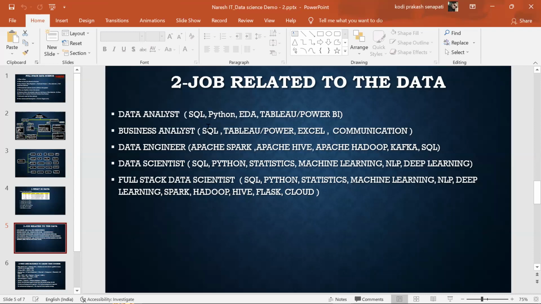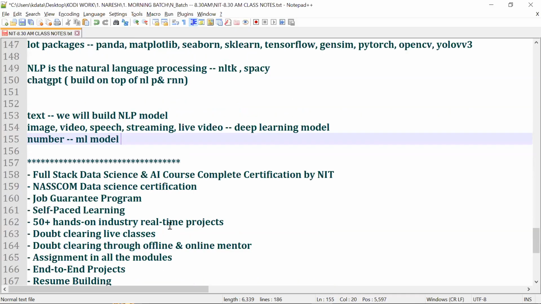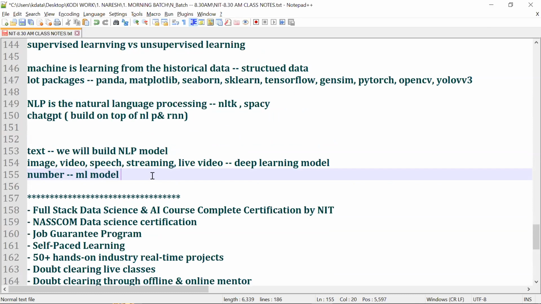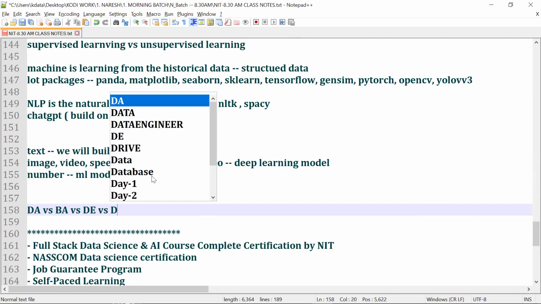A lot of people are confused about the difference: am I eligible to be a data analyst, a business analyst, or a data engineer?